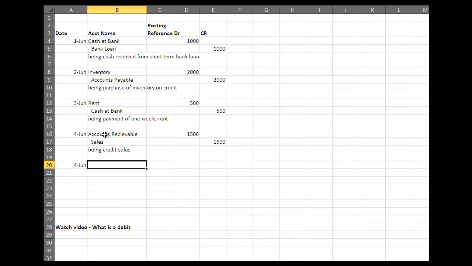And what's that other entry that comes about on June 4th? Well, we've sold these items, but we also have items in our storeroom, or on our shelves probably, which are now gone. We can go back and see these goods were cost of goods sold. So, what's the issue related to cost of goods sold? Well, do we have a debit entry? What's our debit? Well, of course we have a debit entry. Our debit entry is the cost of goods sold expense. So cost of goods sold